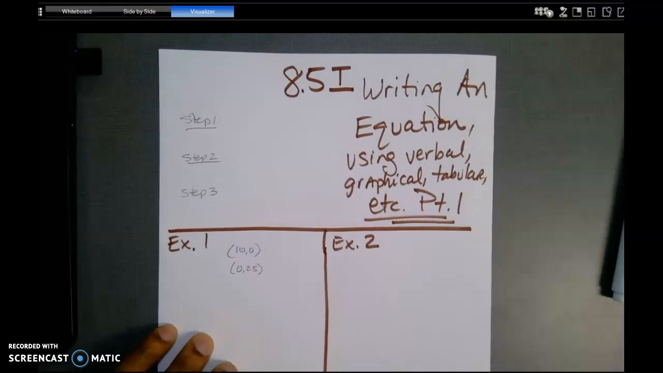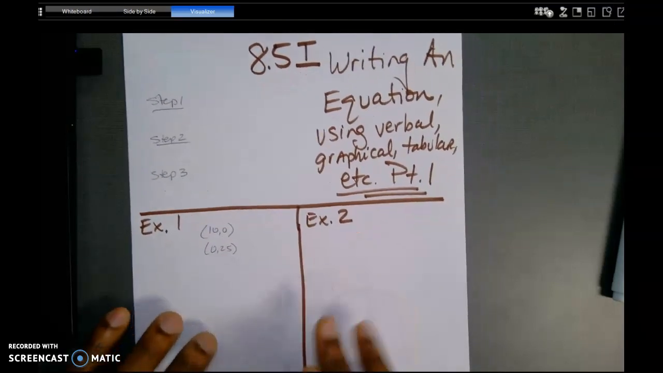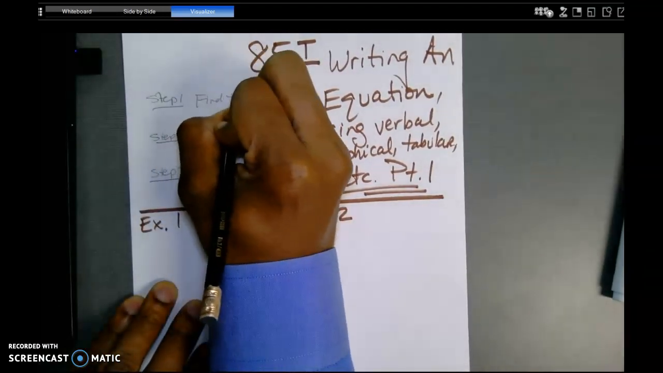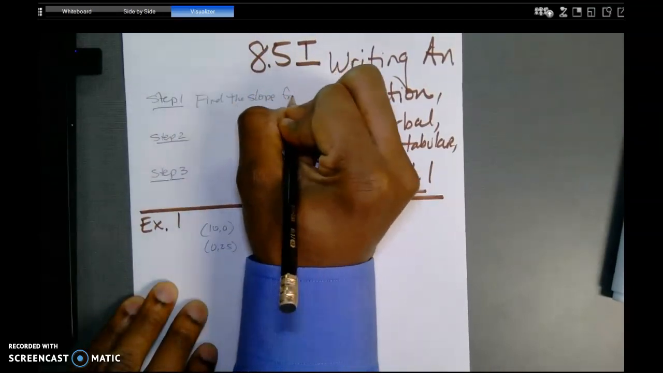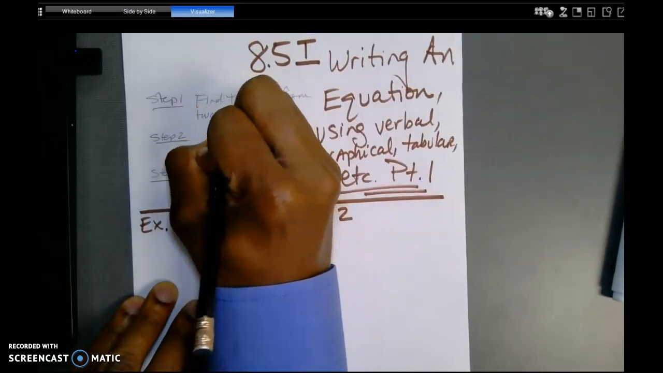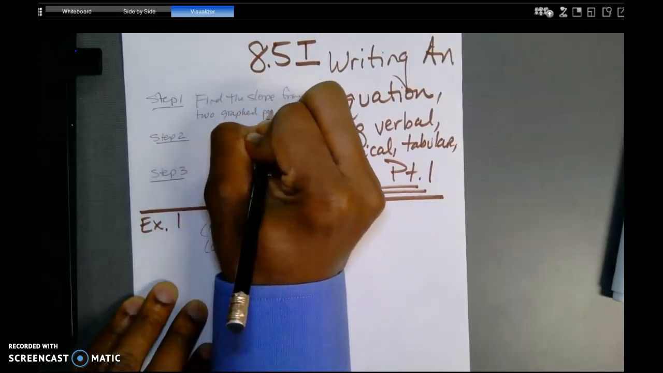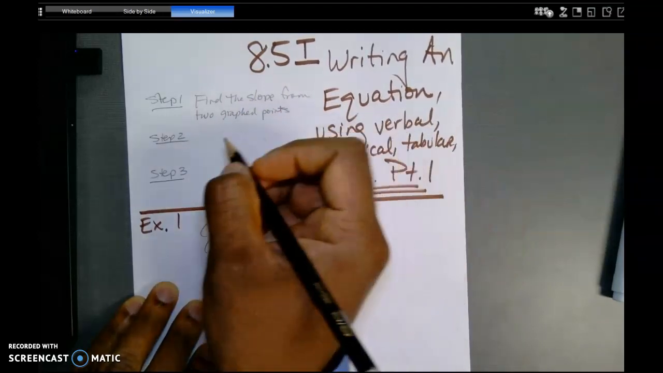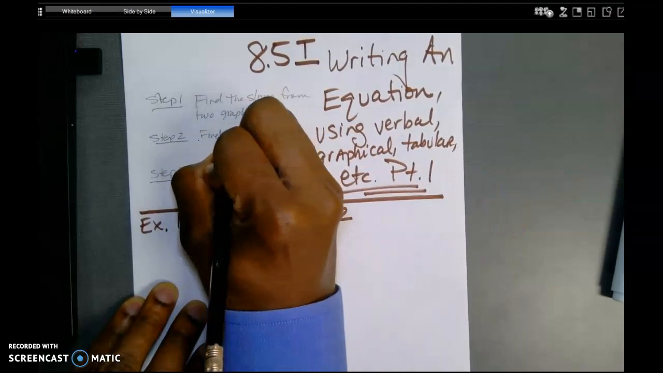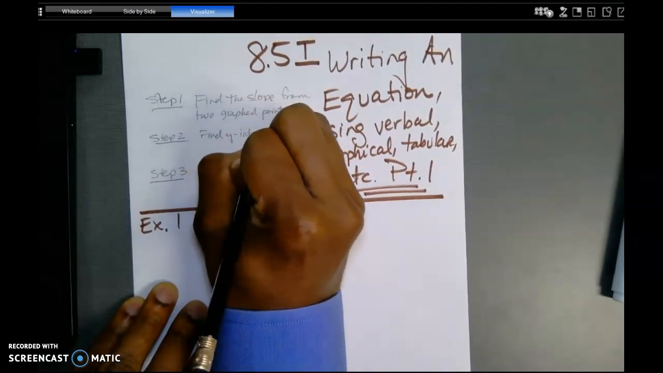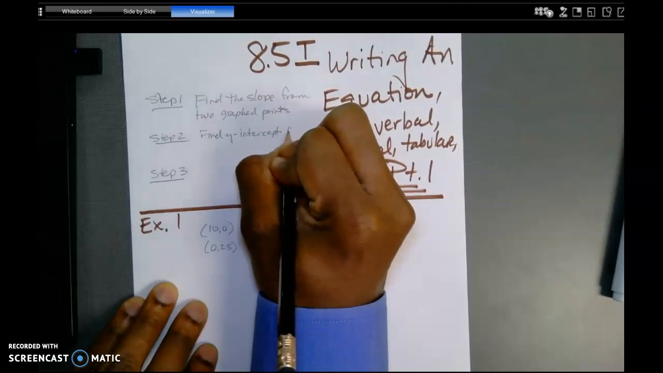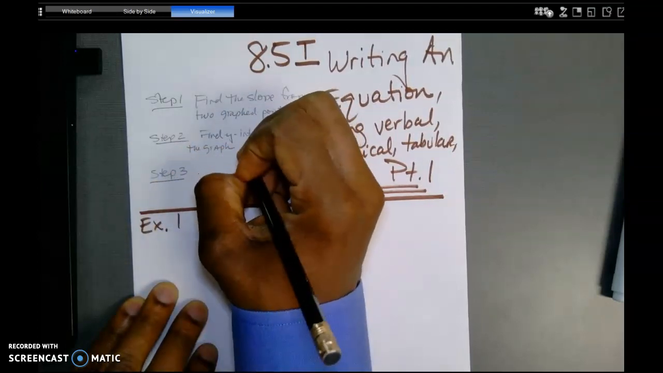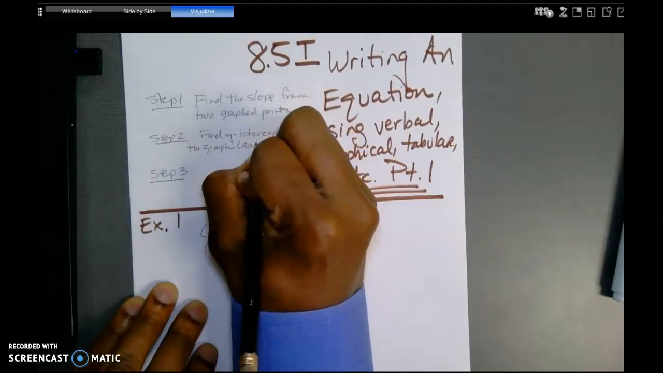All right. So if we notice here, again, 8.5i. So this is going to be done in 3 steps. As I said, the first step is going to be for us to find the slope from 2 graphed points. And again, there's going to be anywhere along that particular line. Okay. Next is going to be for me to find the y-intercept from the graph. And I'm actually going to physically inspect the graph. Okay. I'm going to read this graph